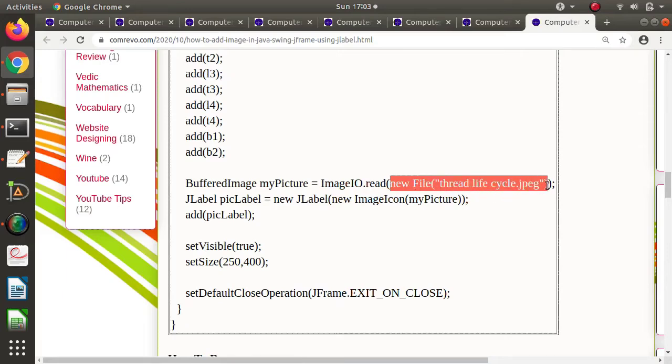We are opening that file, a jpeg file or any png or jpg file. Here you can open it. So this is the file. Here I have put that image in the same directory where I have written that code. If I have put that image in another folder, then here we need to pass the address of that jpeg file or any image file. So here we are passing that address to the File object, and in this way we are creating an object of the BufferedImage class. Then that object we are passing to the ImageIcon class, and that we are passing to JLabel.